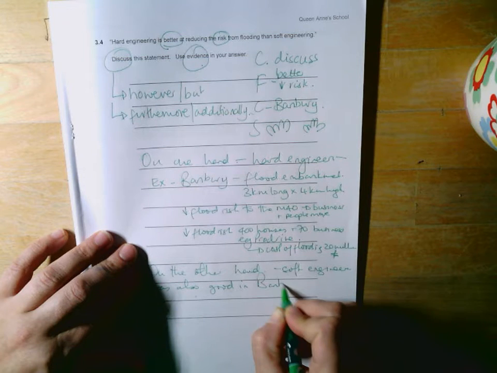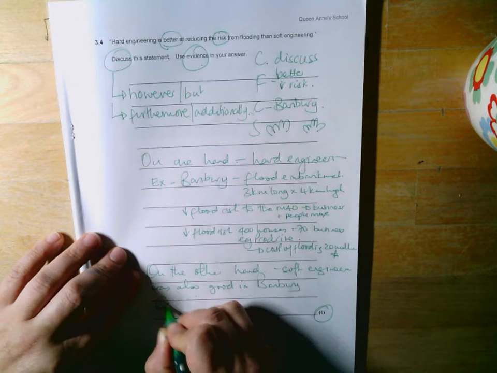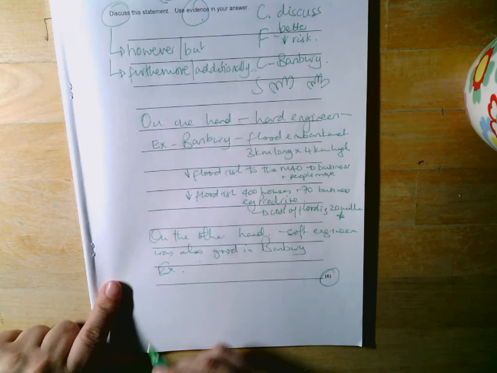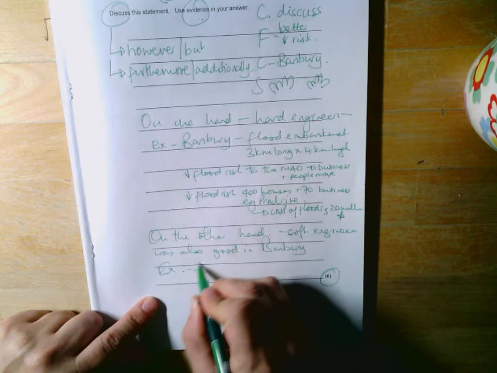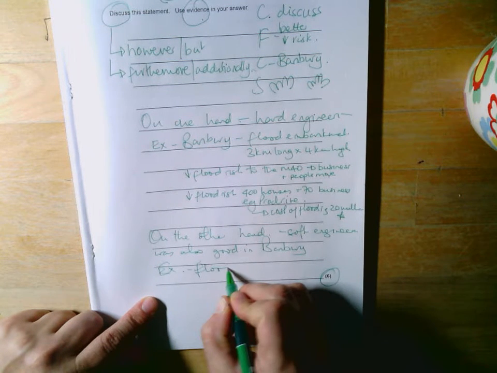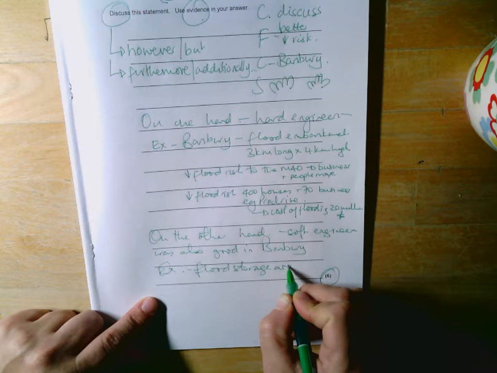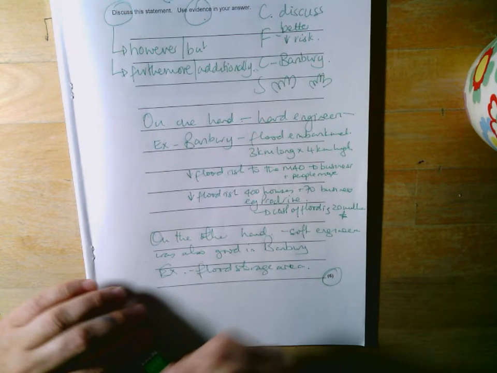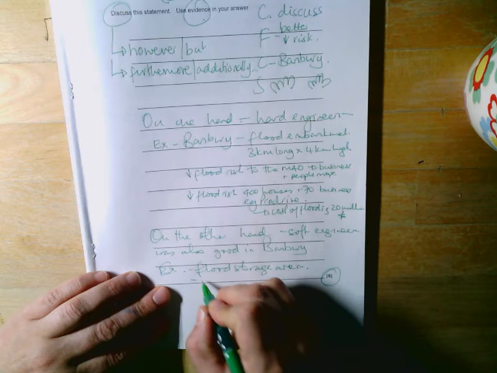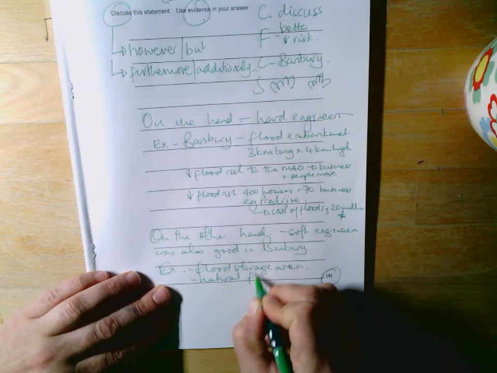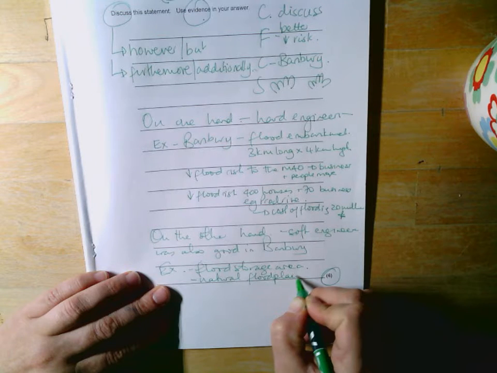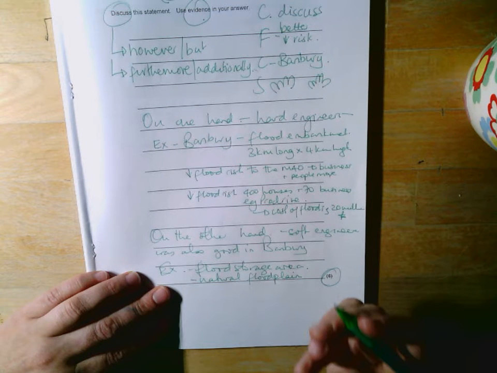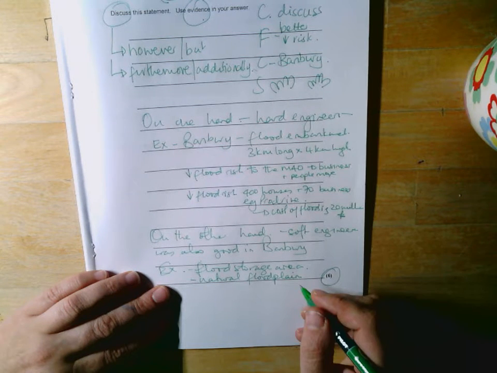Well, specifically they designed a flood storage area, so that when it rained a lot, the water all went into this flood storage area, which was on the natural floodplain. So it worked with the river's natural way of working. Now this was good because it reduced the risk to Banbury,